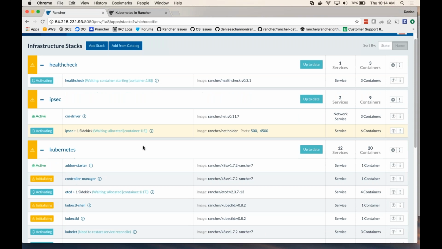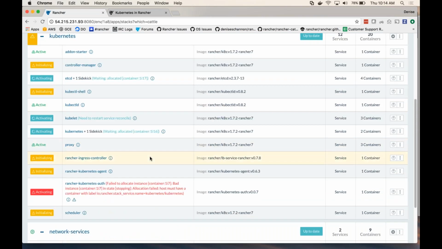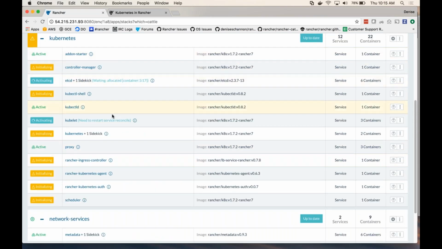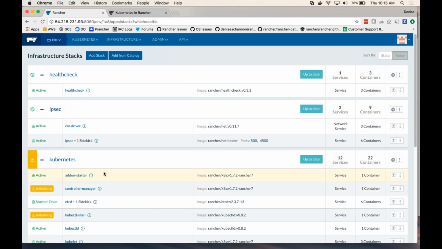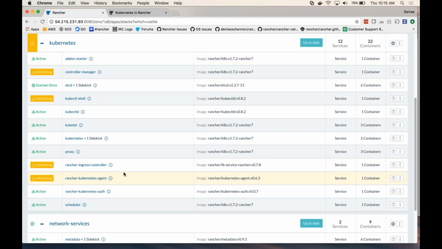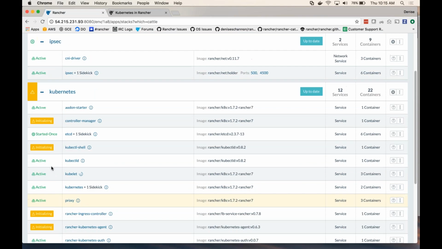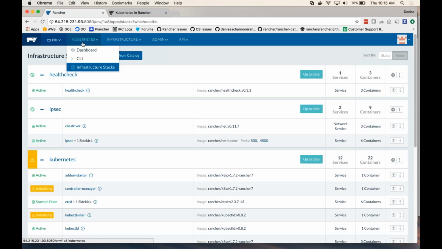And then let's open up Kubernetes. For Kubernetes itself, we have lots of different services up and running to get Kubernetes going. I'm not going to go into the details of what each piece does, but these are all the components usually needed to get Kubernetes running, and it usually doesn't take that long, especially because I've pre-pulled all my images. Eventually this Kubernetes stack should become active. And once it becomes active, even though it hasn't refreshed here, you can see that it's active now,